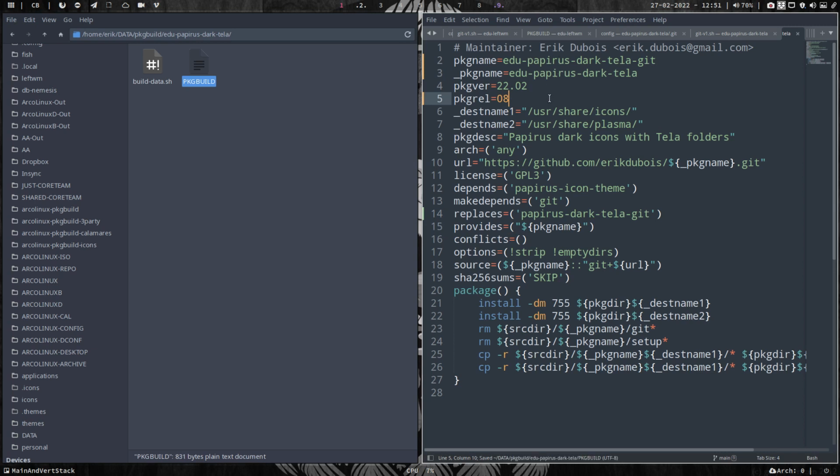Now we go over the lines again. So the Eric Dubois link, that's the URL it will go to. Depends on Papyrus icon theme, replaces Papyrus Dark Tela Git. So if someone has installed the theme, this will be thrown out and this will be replaced, which is basically the same thing, right? And that's what you see when you see these yes no things.